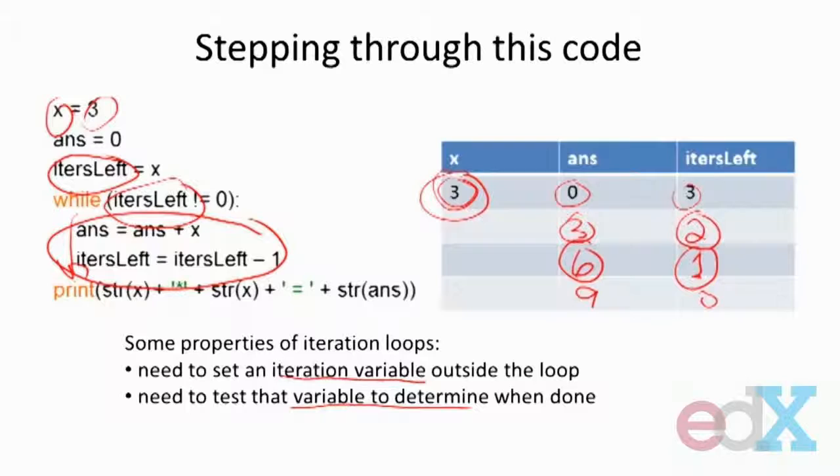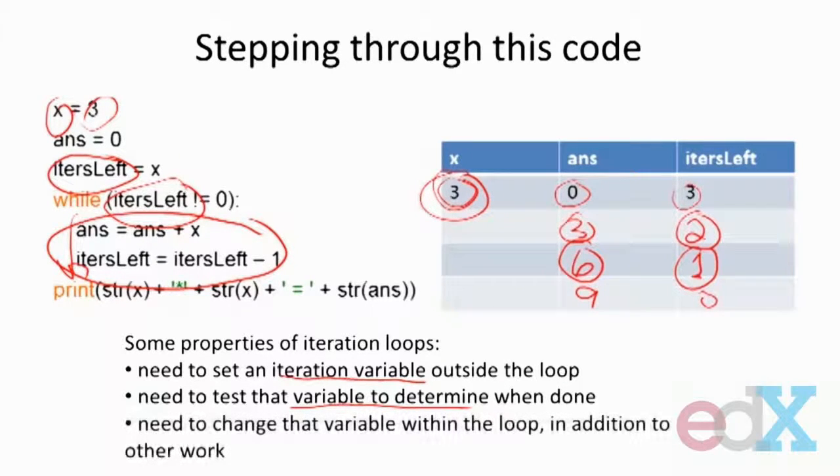Now, it could be a simple test, it could be a more compound test, but that's basically what I need to test. And finally, I need to be changing that variable inside of the loop, right there. If I didn't, then that test value would never change, which means I would never stop the loop. But there's a property I need. When I set up an iterative loop, I need to say, what's the variable I'm setting outside? How am I testing it? And am I making sure to change it somehow inside of the loop in order to